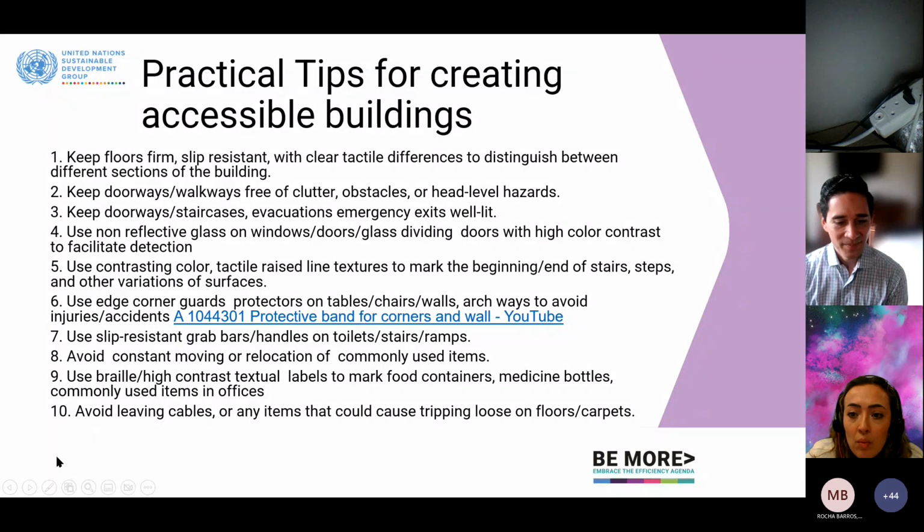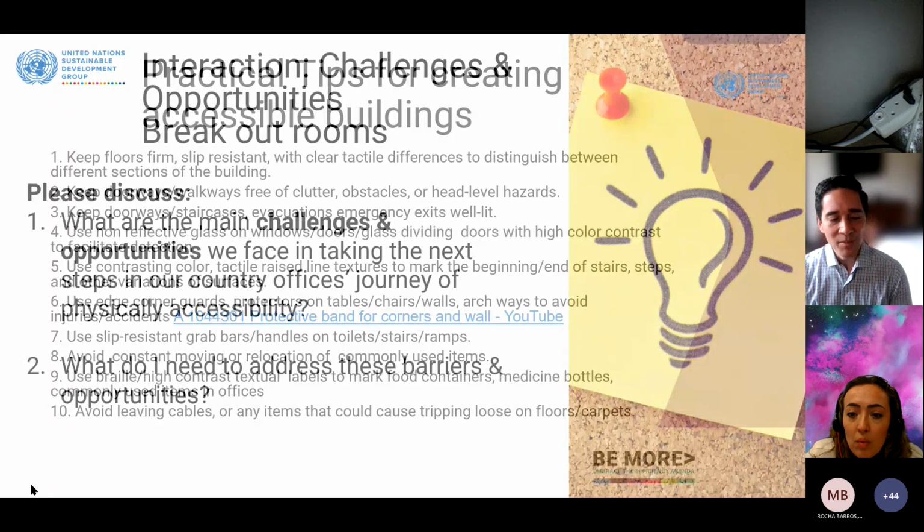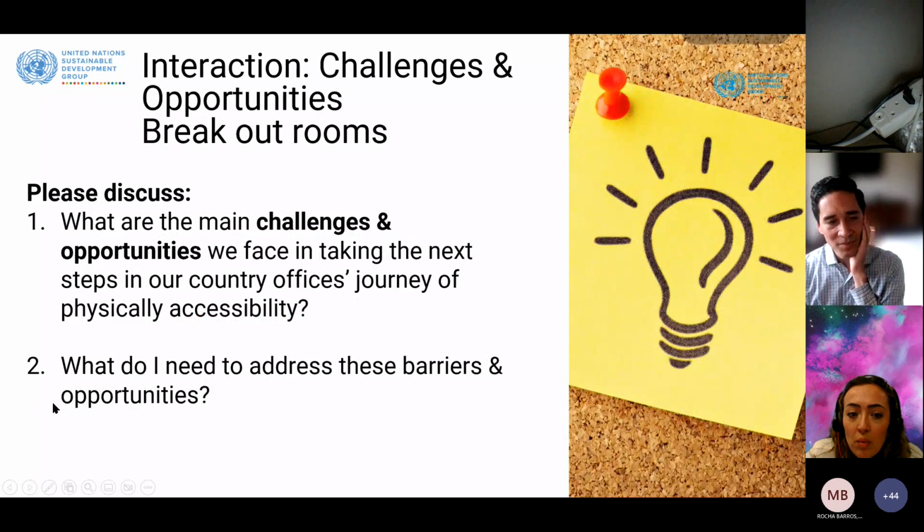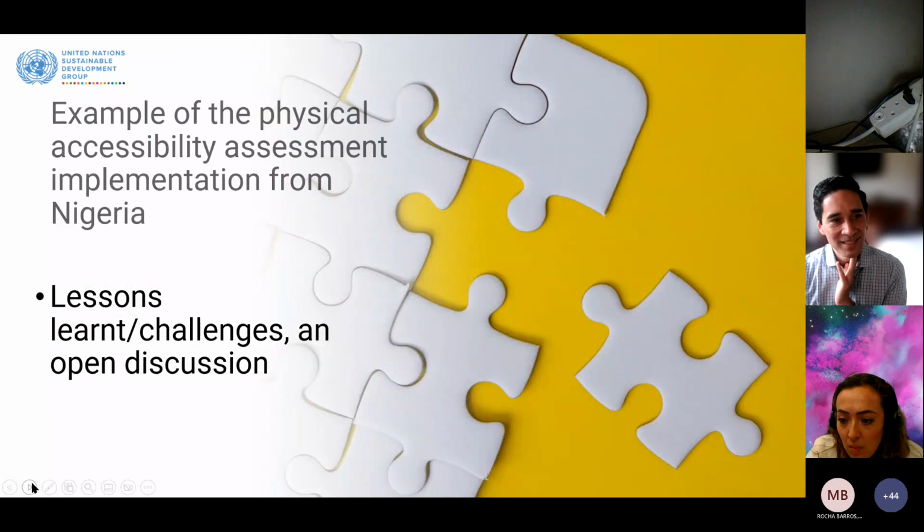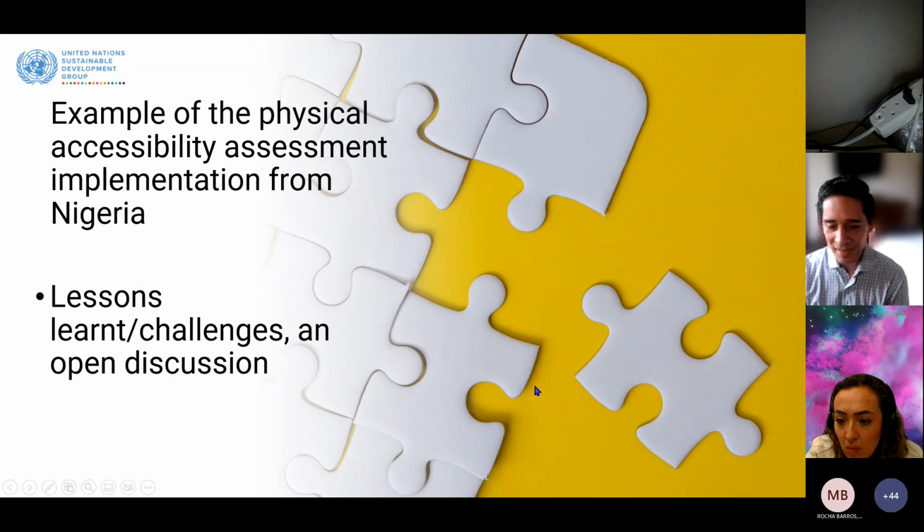We had planned to do an interactive breakout room session, but depending on time, we may just do it open with everyone. So with that, I'll hand it over to the Nigeria team. I think Ayodeji is going to be covering the lessons learned from the field, what they have learned, and what they can share about their process and journey. Ayo, over to you.